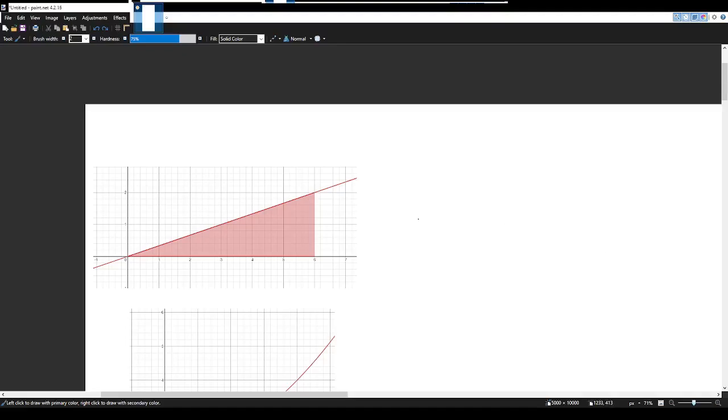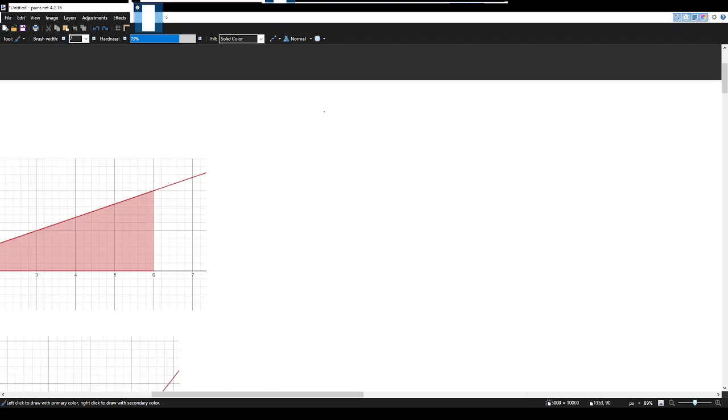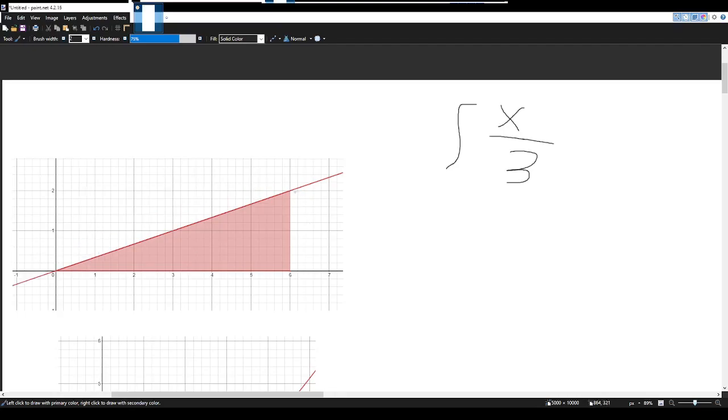Today we're going to be talking about the definite integral, not the indefinite integral like last time. An integral, you can think of it as the area of a function. Remember, the integral symbol is like a little s thing. So if I said the integral of x over 3 from 0 to 6,